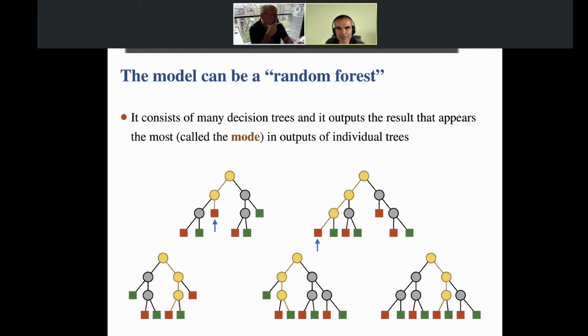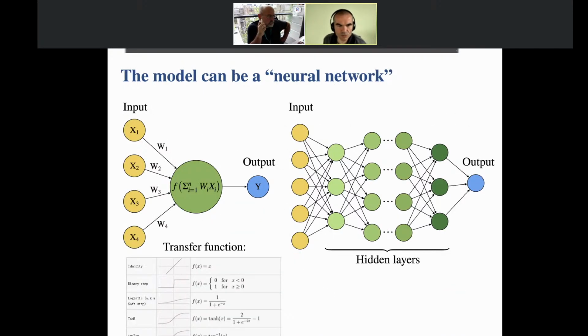In the second one, it's also a red prediction, but on this one, the one here in the middle at the bottom, you see that it's been predicted as green. So what the random forest does is that it looks at the one that is occurring the most, and it says, okay, my final prediction is going to be, in this case, red, because it's 80% red and 20% green.